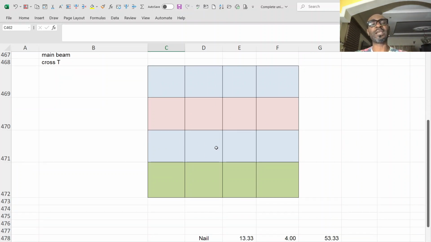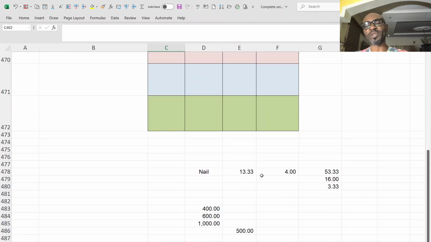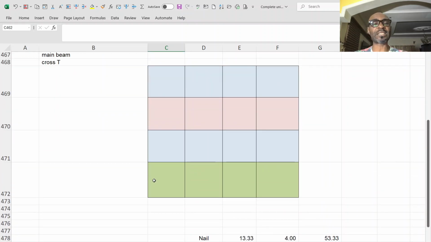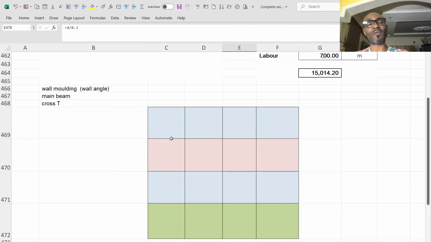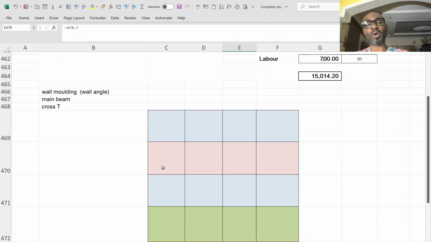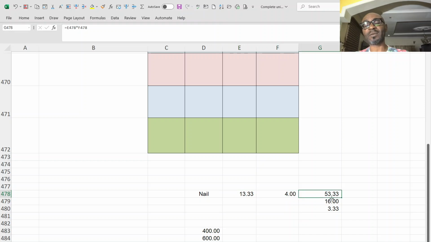Having understood this, I did a small computation of the nails. Let's say it is a 4x4 room. For this stretch of 4 meters, if you divide 4 meters by 0.3, or you're putting a nail at 30 centers, you have 13.33 pieces. And you have four walls. So if you multiply by 4 walls, you have 53.3 pieces of nails